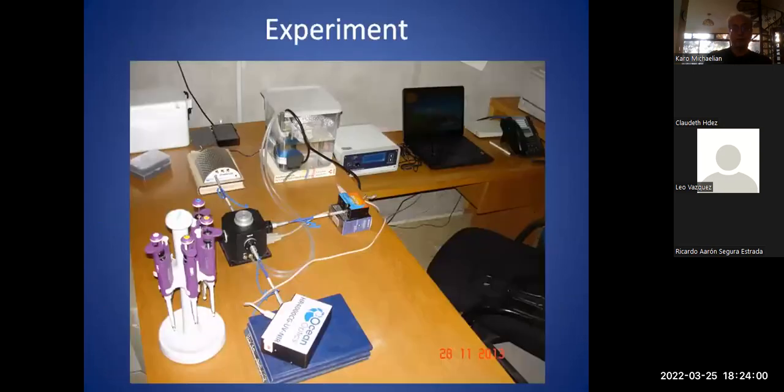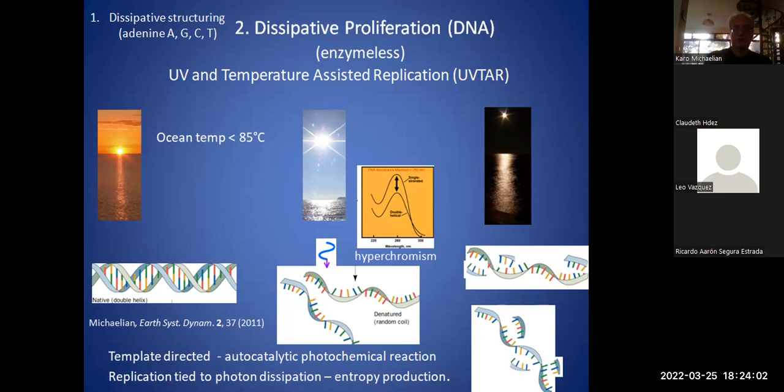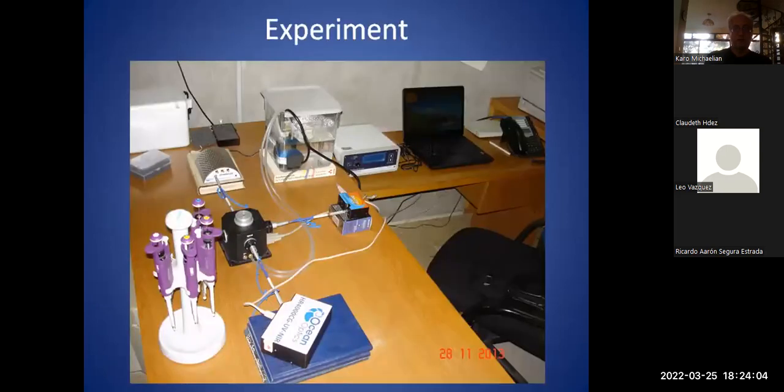Okay, so we did this experiment. So this was the theory, no? And then we did the experiment. We have UVC light giving us light in the UVC range of 210 to 290 nanometers. And in this little black box, we have the DNA inside a buffer solution, water, with some phosphates, buffers, to keep the pH constant.